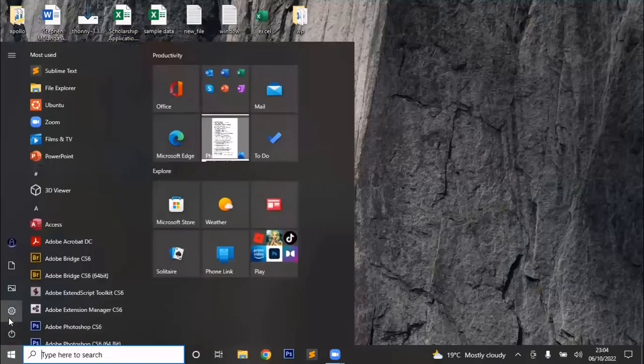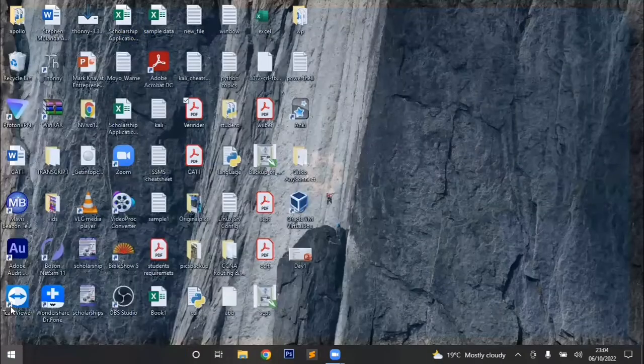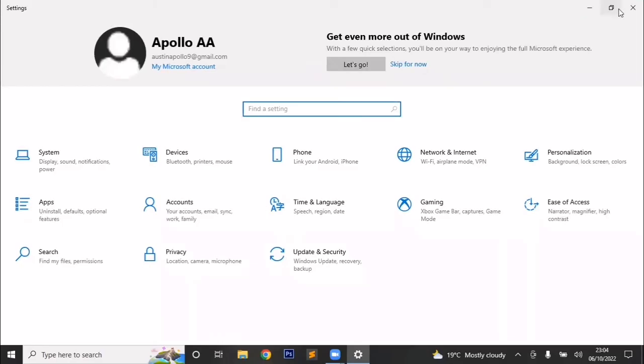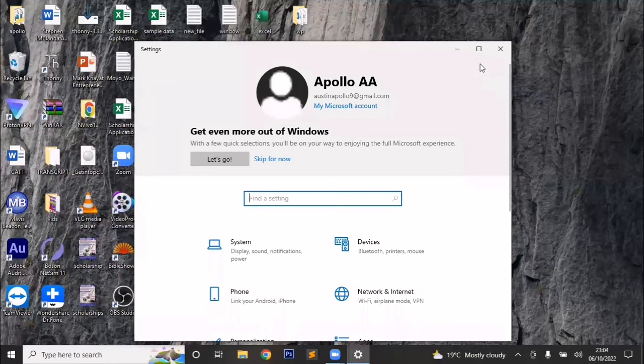I click start again. I go to settings. Our window opens again. This next button is called the restore or maximize button. We can restore. Somebody can say maximize the window. They just mean that you click on this button to,